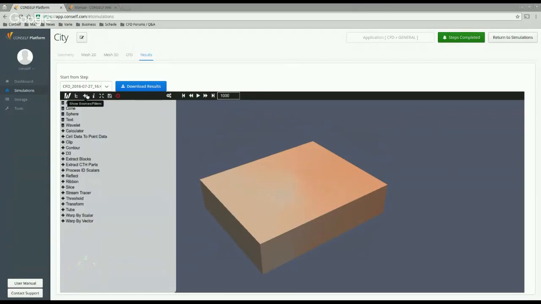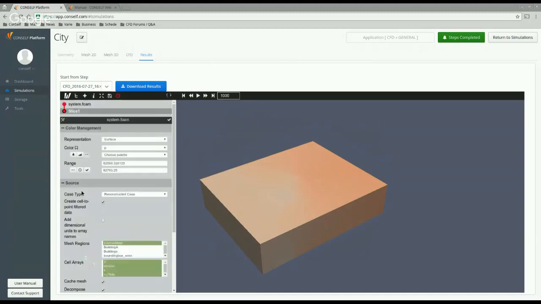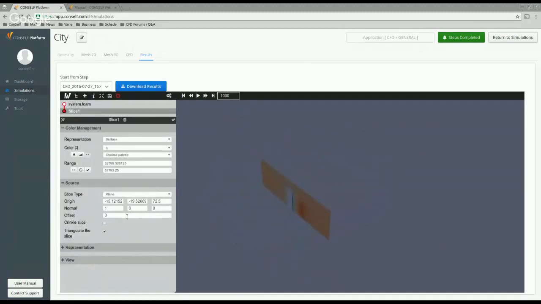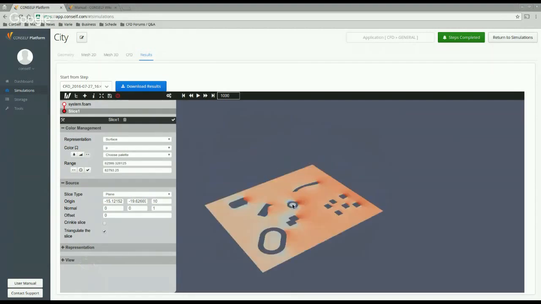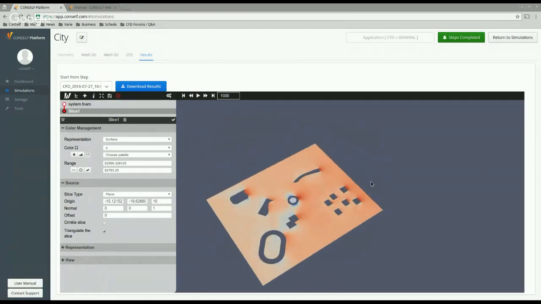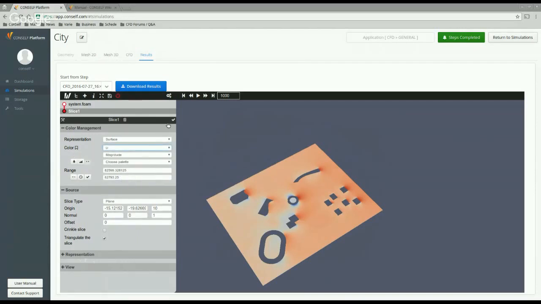Then we can apply a slice. Let's say we want to take a look inside the domain with a slice, a slice that is oriented with the normal in Z, place it 10 meters over the ground. We can click apply, and you see here the wind is flowing from our right, so the pressure peak is placed in front of the building facing the wind. And we can also take a look at the velocity,